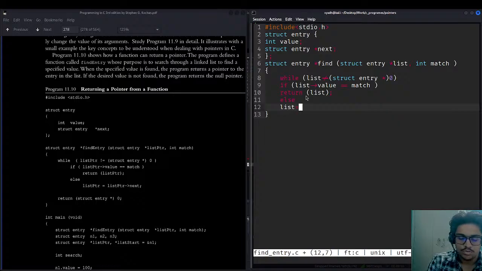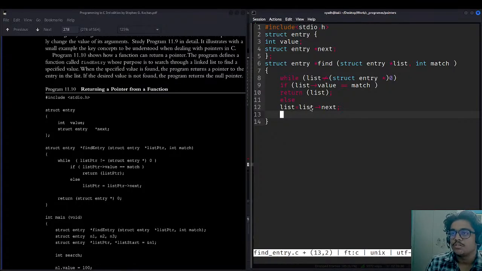So list is equal to list, and we will get the address of the next node like this. Since it is a structured entry and we need to return something, after completing while, we can return our default, we can return 0, or we can return the null pointer. Better to return the null pointer.